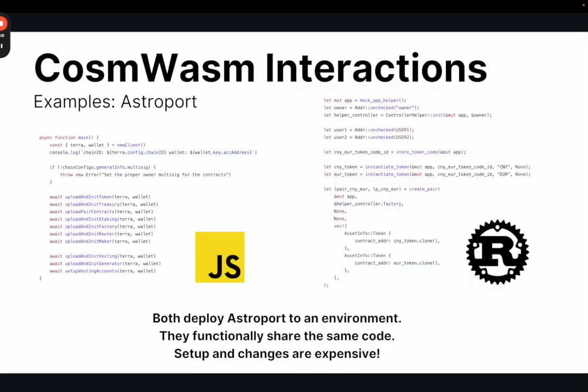So I now want to show how CosmWasm interactions are done typically in TypeScript, or in this case, JavaScript. On the left, we have the Astroport deployment scripts. You can see they're in TypeScript, and on the right we have some examples in Rust. And the reason I want to bring this up is that one of the biggest limitations to using a different language in testing your contracts and in writing them is that when you change your contracts, when you manipulate that contract code,